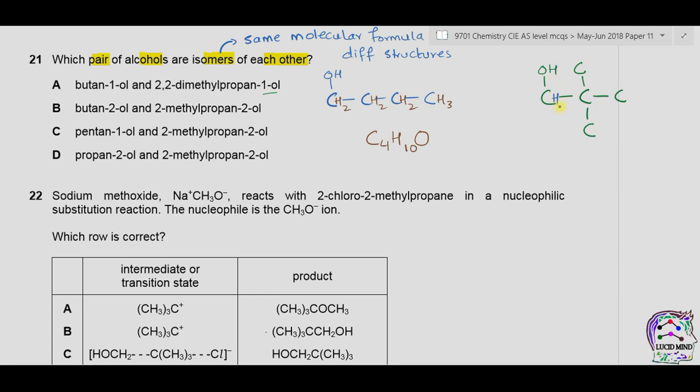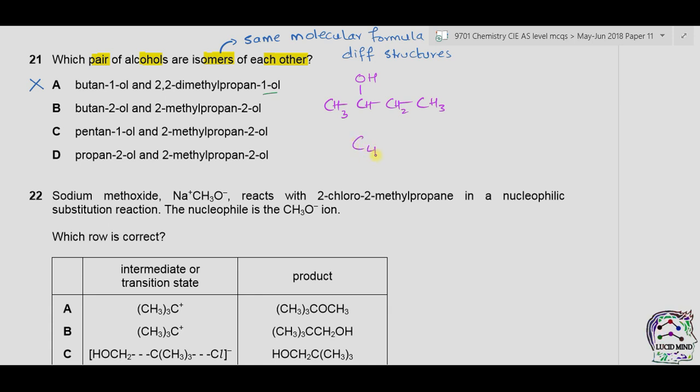Rest are the hydrogen atoms. The molecular formula is C4H12O. As we can see, the molecular formula is different, so A is incorrect. In B we have butan-2-ol. We have 4 carbon atoms in butane, and on the second carbon atom we have the OH functional group. Rest are the hydrogen atoms. The molecular formula is